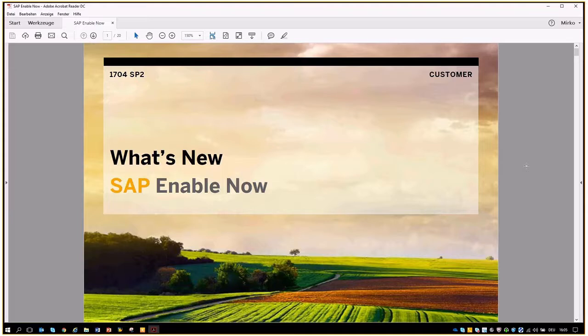With regards to SP2, we have focused on the in-app help with regards to both the desktop assistant and the web assistant. On the other side, we have continued our simplicity and usability story. That means we have improved the usability for both content developers and for the consumption side as well. I would like to use the next 45 minutes to just go briefly through the